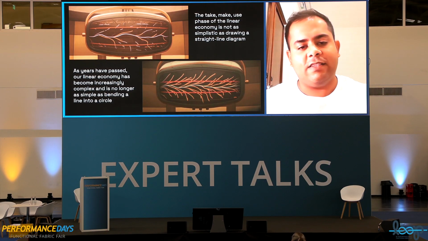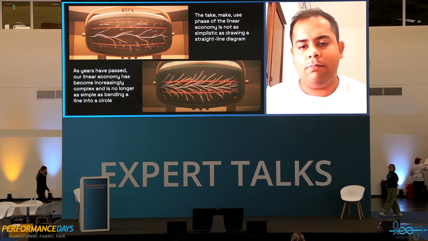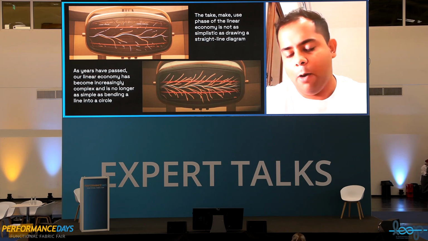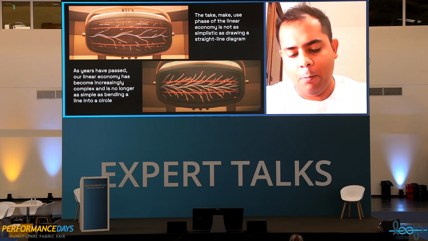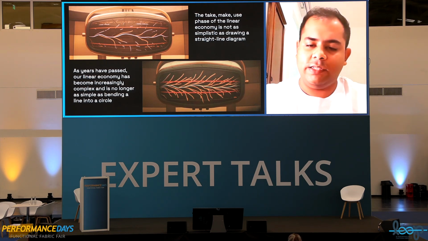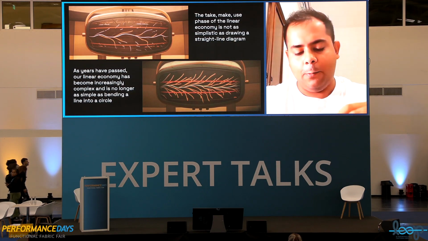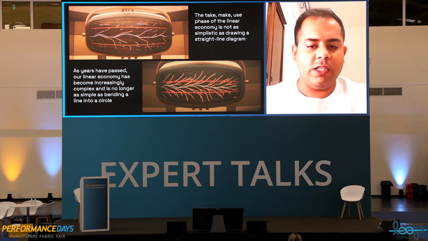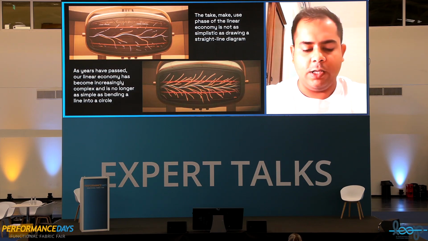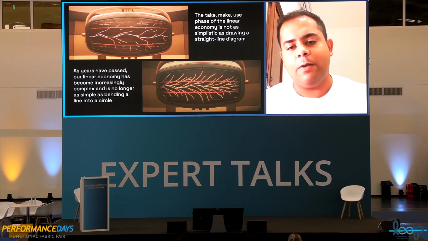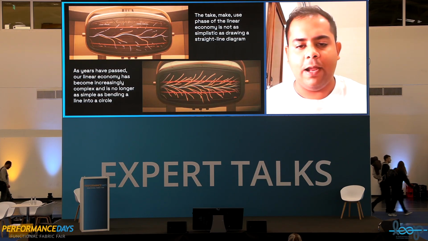But as years have passed and we've moved on decades after, the bottom image is what the current linear economy would look like from this perspective. So we still do have certain brands who might have control. It's a thin white line in the middle. And then we have a lot of branches. And of course, these branches are growing branches of their own as well. So now we have contractors and subcontractors and even other players involved.